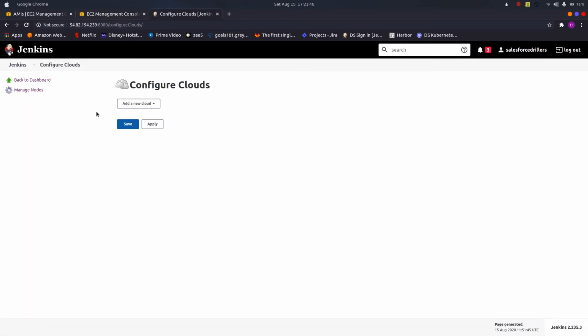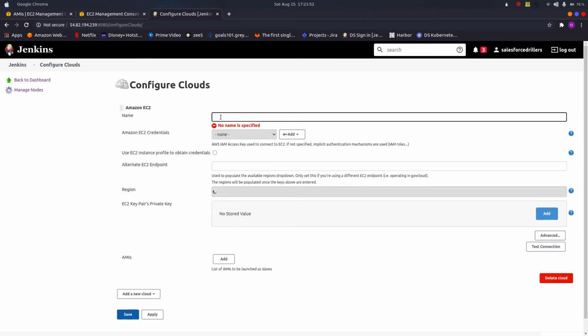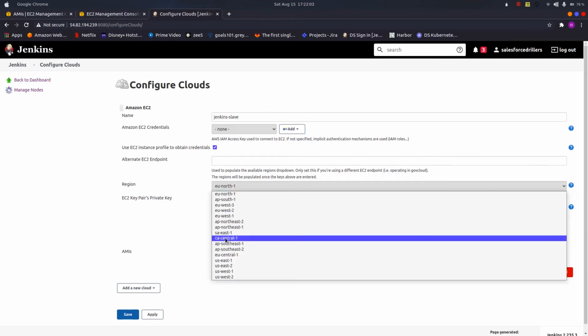Now here just click on the drop box and select Amazon EC2. Now here let us mention it like Jenkins slave and click on use EC2 instance, provide credentials. Now select the region here, so ours is US East 1.